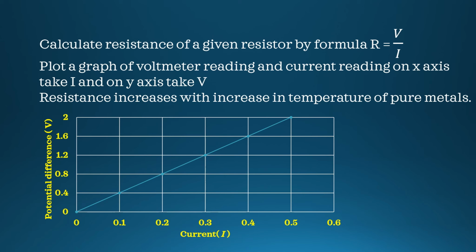This is the graph showing V and I. See the graph carefully. Current is taken on the x-axis and the voltage, the potential difference, is taken on the y-axis. Here we are drawing the graph between V and I using 0.1, 0.4, 0.2 and the corresponding values. After drawing this graph, the behavior of the graph is a straight line. Then we prove that it obeys Ohm's law. Suppose the VI graph is a curve, then it does not obey Ohm's law.